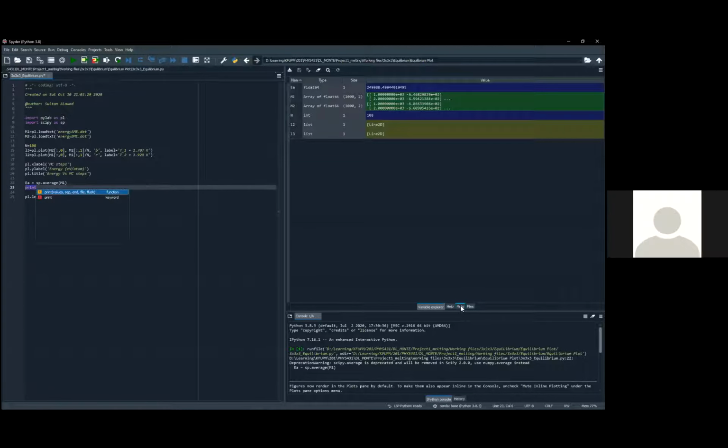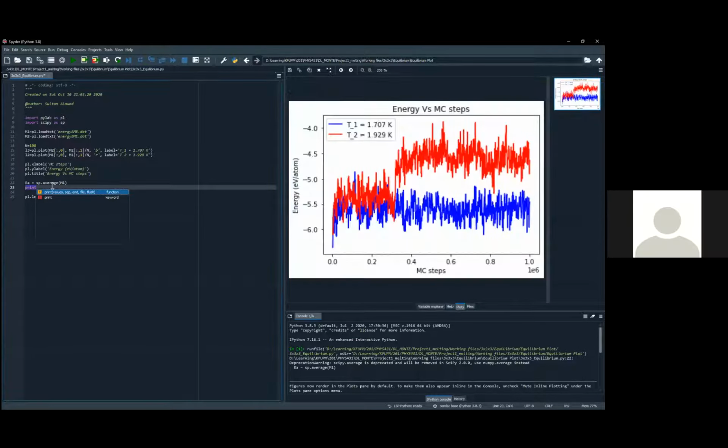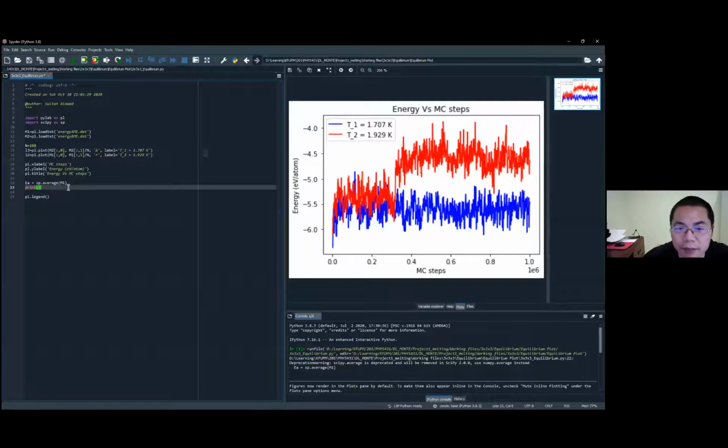Do you want the figure? Yeah, show me the figure. Yeah, of course. This one, all right. I want to know your figure just because, for example, the first